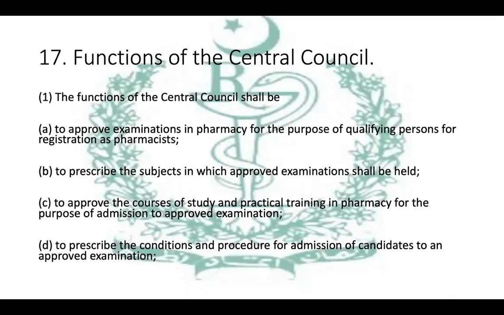17(1)(a): to approve examinations in pharmacy for the purpose of qualifying persons for registration as a pharmacist. Whatever they need, the examination criteria and examination subjects, in academic consultation, they have to approve the examinations. Which type of examination? Nowadays only in certain universities is B Pharm offered at 4 years, and in certain universities Pharm D. But now in all universities the courses are Pharm D, Doctor of Pharmacy, for 10 semesters, equal to